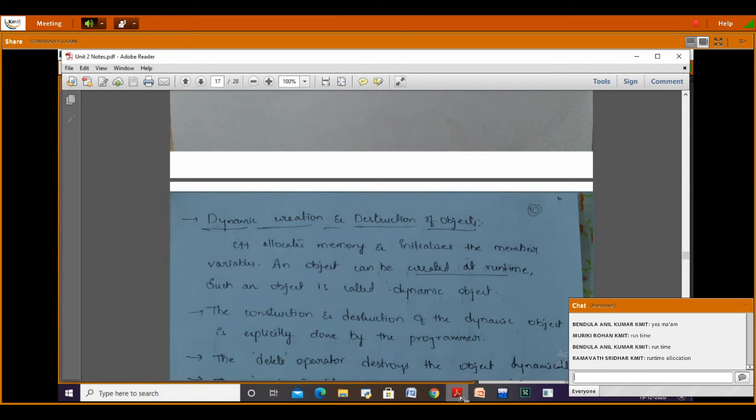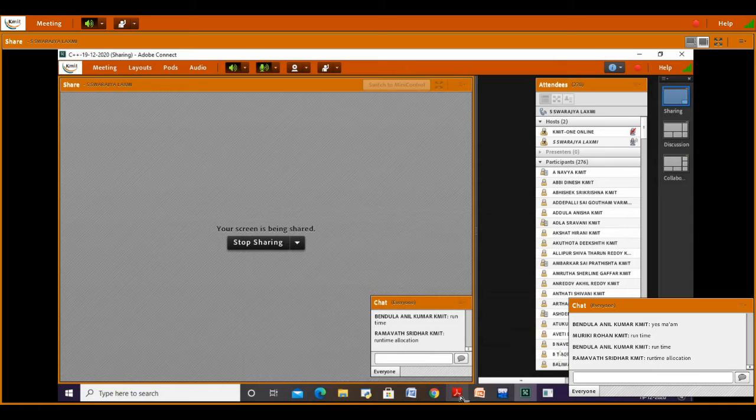For creating an object at runtime, we use an operator called the new operator. For destruction of an object, we use an operator called the delete operator.